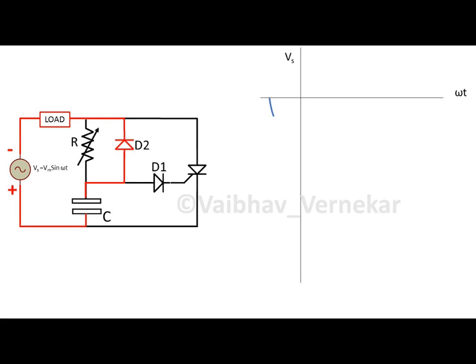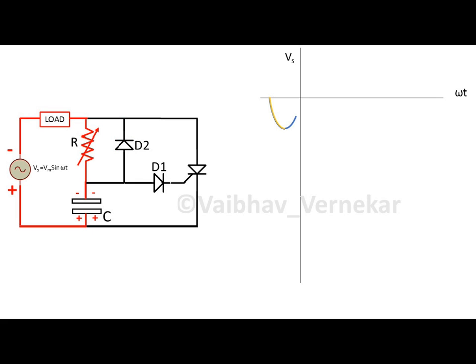The circuit is fed with sinusoidal input Vs as shown in the blue line. In the negative half cycle, both diodes D1 and D2 are forward biased, but since the thyristor blocks the path of D1, the capacitor starts charging through D2 in the negative half cycle with the lower plate positive and the upper plate negative. The yellow capacitor graph follows the blue voltage graph till a negative peak is reached.